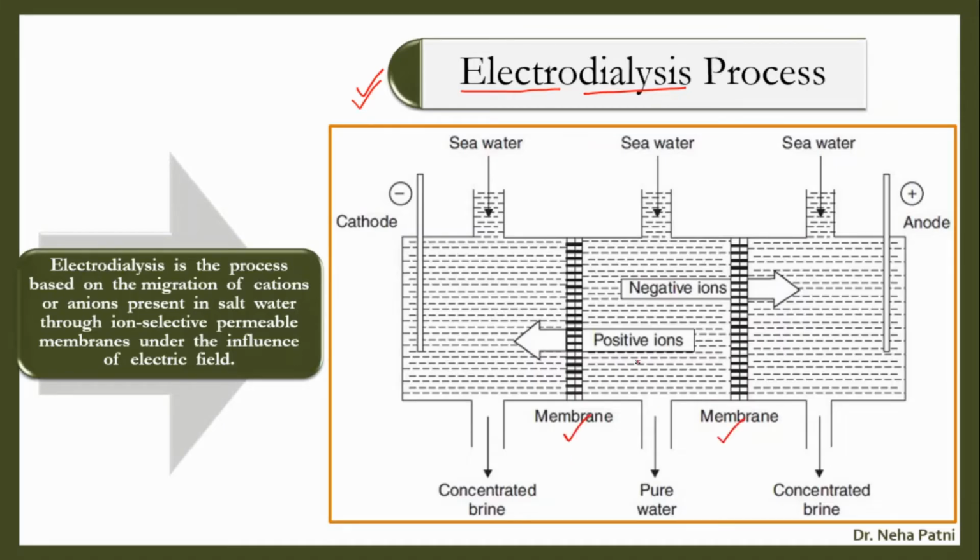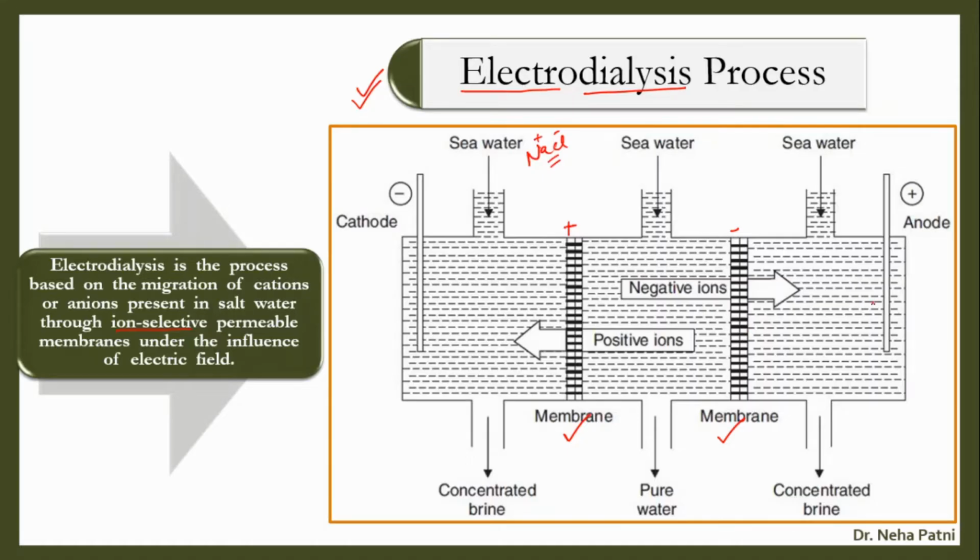So what happens in the electrodialysis process is you have to select a membrane which needs to be an ion selective membrane. Ion selective means it will only allow one ion to pass through it. So now if you see, this is a positive ion selective membrane and this is a negative ion selective membrane. Now you put that particular thing in a compartment containing water. Your brackish water is there. Let's say it has NaCl dissolved in it. You want to treat this Na+ and Cl-, remove it, right?